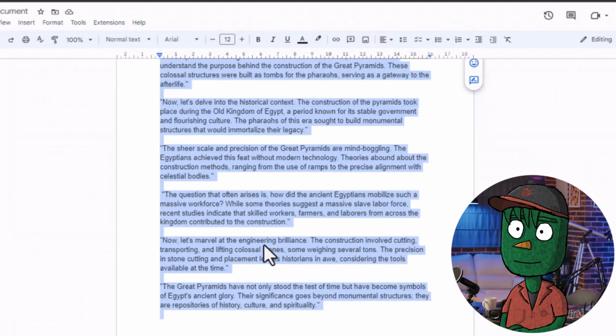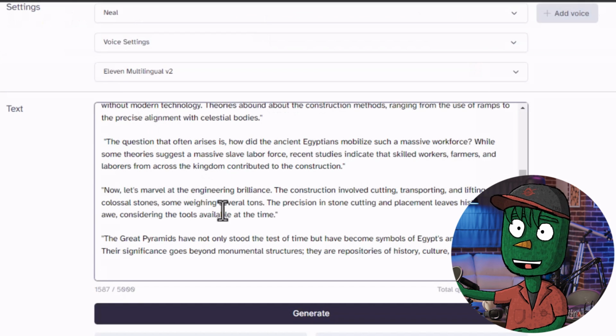Go back to your Google Doc, copy the script, paste it into the text box in 11 Labs, and click